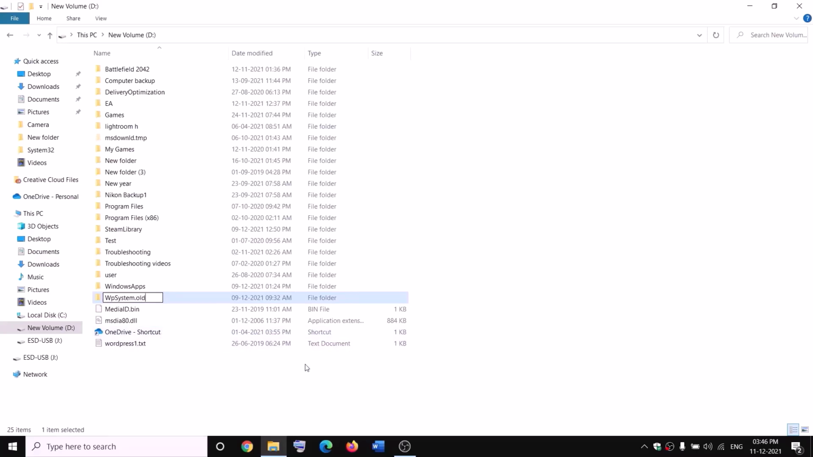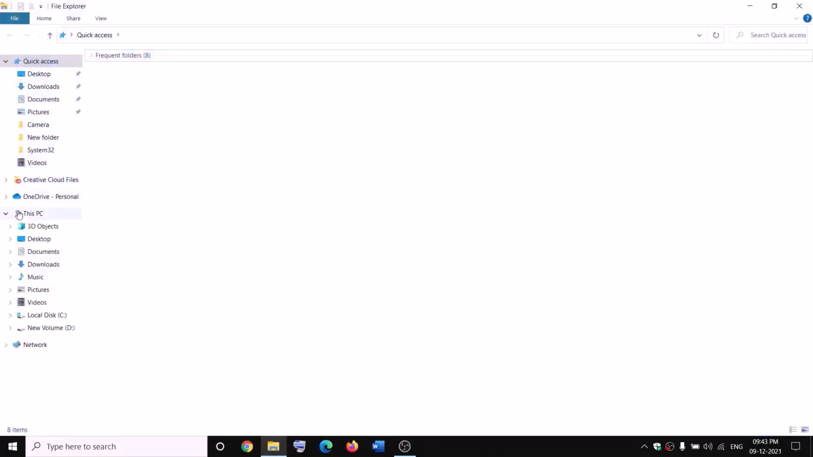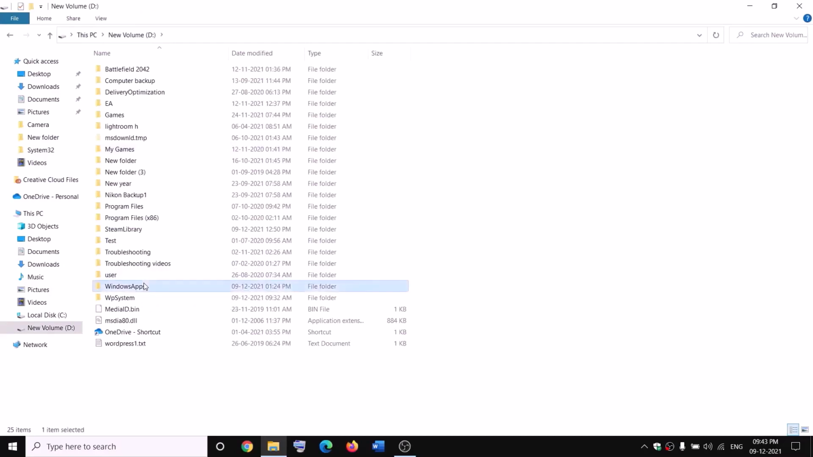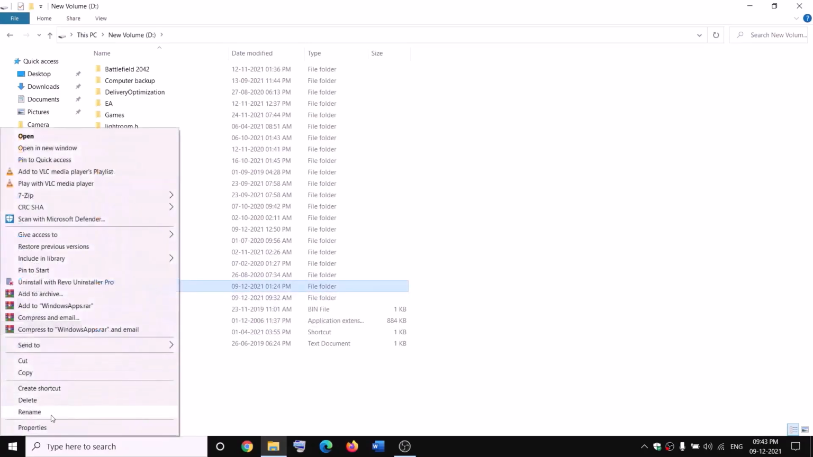Now, if you still face the problem, in that case you can go ahead and restart your computer and then try to rename it once again. Open File Explorer and then go to This PC, open D drive, then right-click on WindowsApps and then rename it. Now before renaming, you have to take ownership. Make a right click, then click on